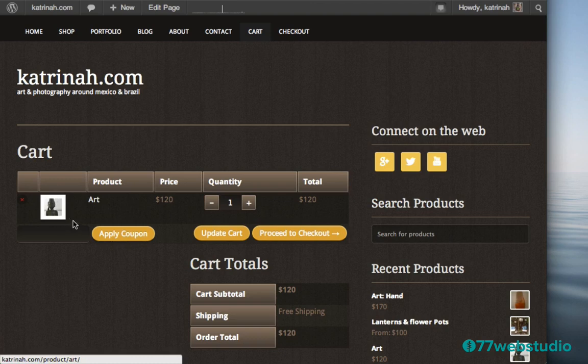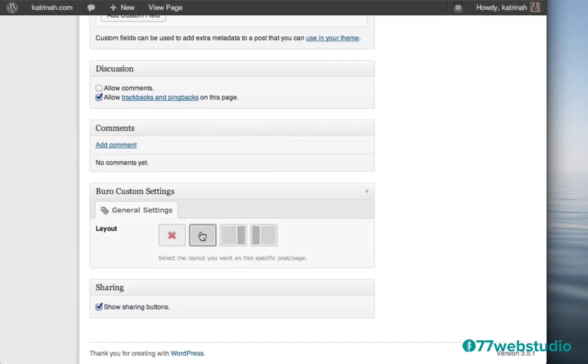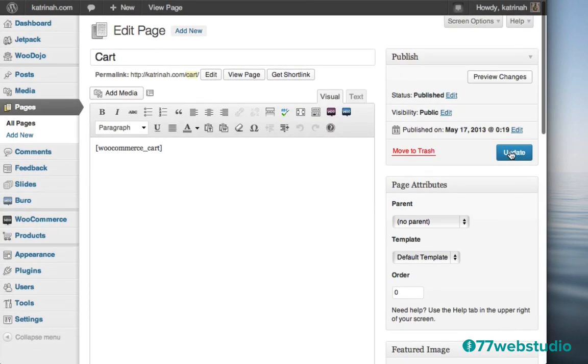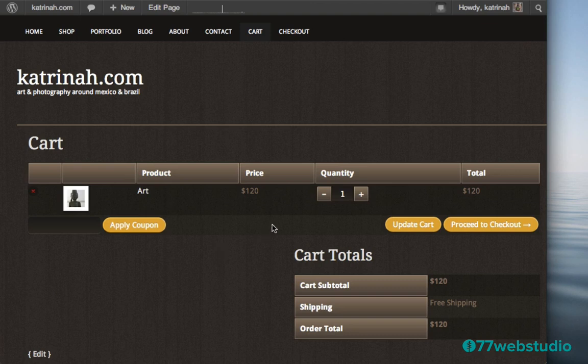And here on the cart we see the thumbnail image of the product, the name, the price, the quantity, and the total. Also note that there's a sidebar here. When I come to my shopping cart, once again, I don't want to distract anyone with this unnecessary stuff. So I really just want to have only the cart visible on this page. So let's change that by going up to Edit Page. Then I'm going to scroll down right here, and I want to choose this full width layout button, and then I'm going to come up to the top and click on Update to update the page. Now when I check out the cart page by clicking on View Page, we see it looks a lot better where there are no distractions and all I see is the item that's in my shopping cart.